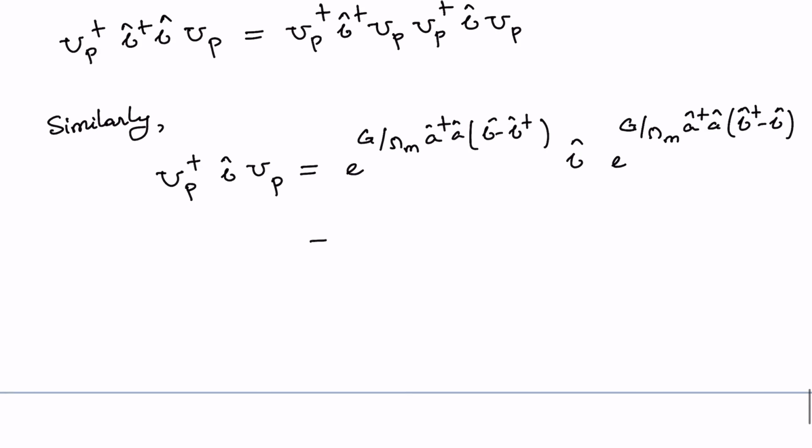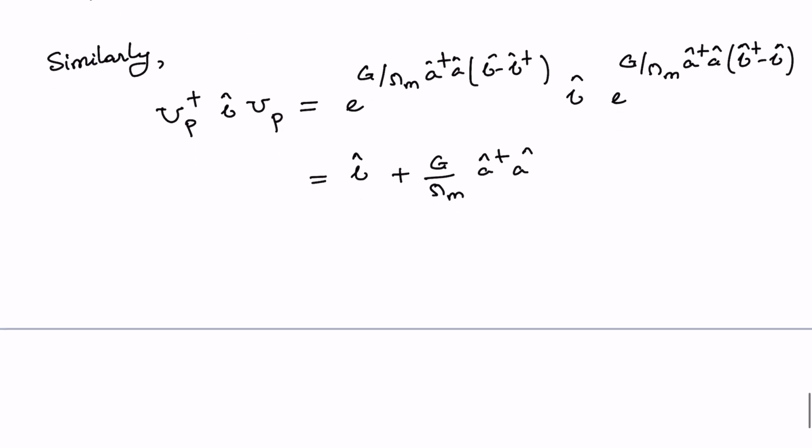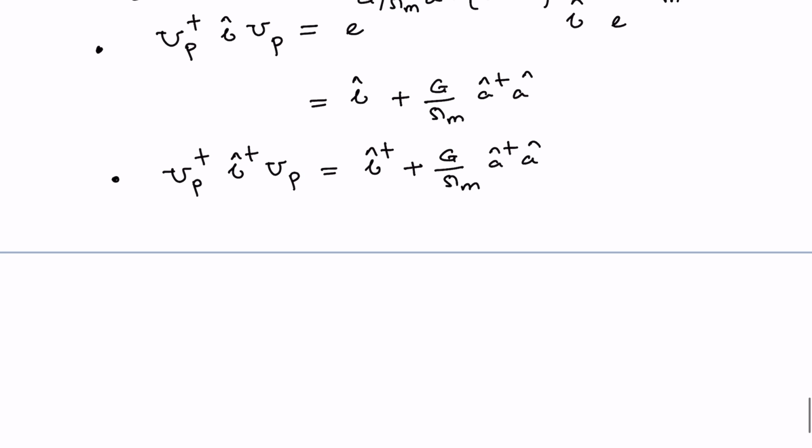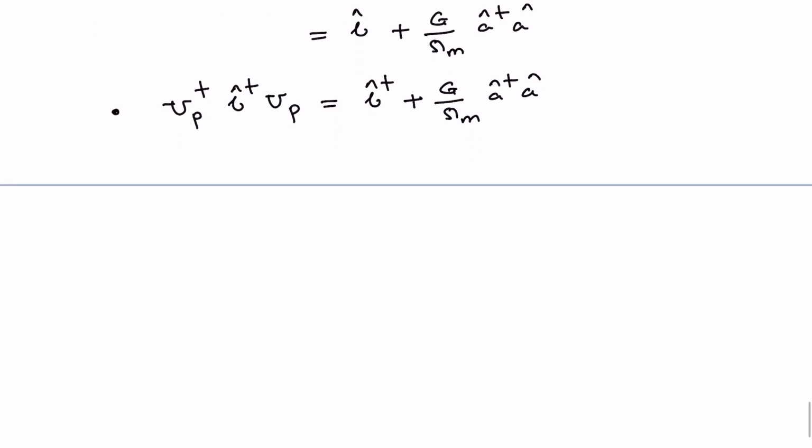So this is going to give you, if you do the analysis, B plus Z by omega M, A dagger A. And also very trivially you will get UP dagger B dagger UP is equal to B dagger plus Z by omega M, A dagger A. Okay, so putting all these results together, we can write the transformed Hamiltonian H tilde in the following form: